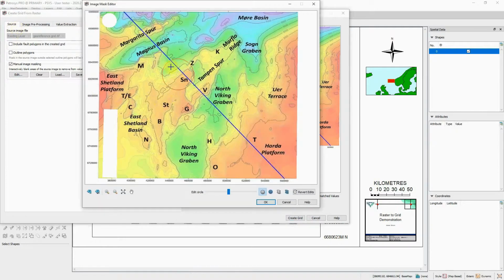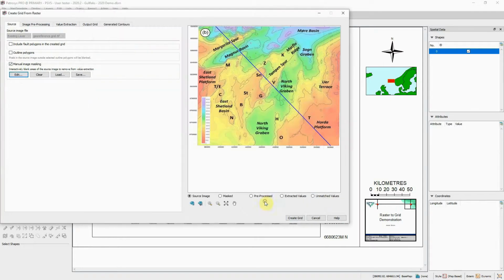so we can edit the source image, and you can see here that I've used these tools down the bottom, which are to either exclude the outside or inside of polygons that we've generated. So I've generated a circle and used the shift wheel and the scroll button to exclude the inside of that box there, which was a figure label B, and I've used these tools here to draw a box around the scale bar to remove that area. Once we're happy with that, we can just click OK and then move on to the next tab, which is